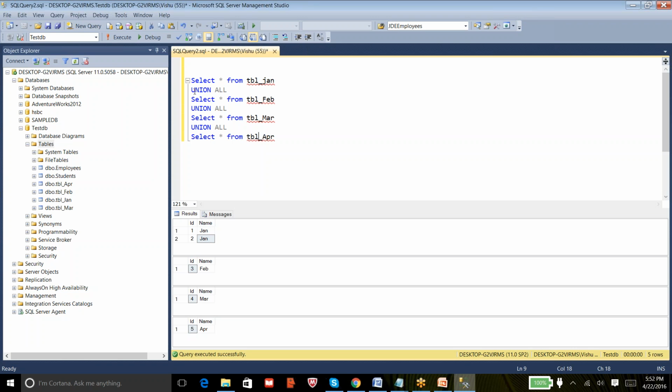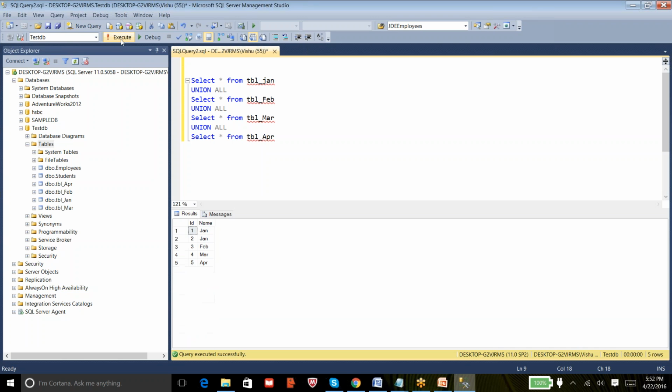So now you can execute this query, and you see all the 4 tables' data is consolidated into one result set. So you can just provide this query to the user, but he's not happy with that. He doesn't want to use these union alls and tables. He doesn't want to write all the scripts all the time. So to make it easy for the user, on top of it, we create a view.